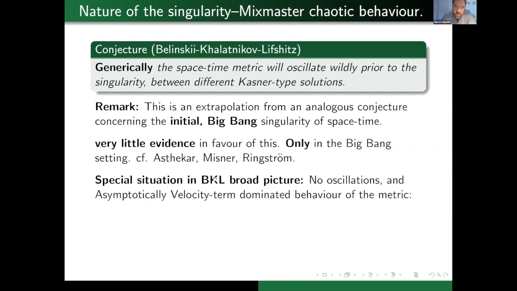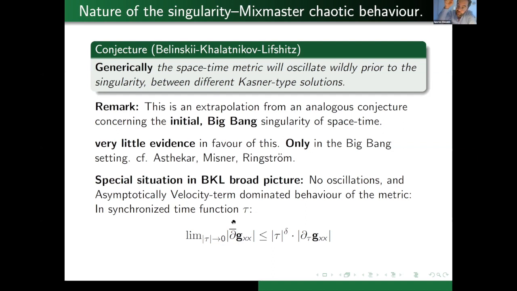me just mention that in the argument that BKL constructed, they identified some special cases where this oscillation should be turned off, should not be true, and instead you should have what they call asymptotically velocity term dominated behavior, which means 2 things. It means that you do converge to a Kasner or generalized Kasner solution at each different point, like in Rodnianski-Speck. And very, very concretely, the AVTD, asymptotically velocity term dominated, means that if you look at